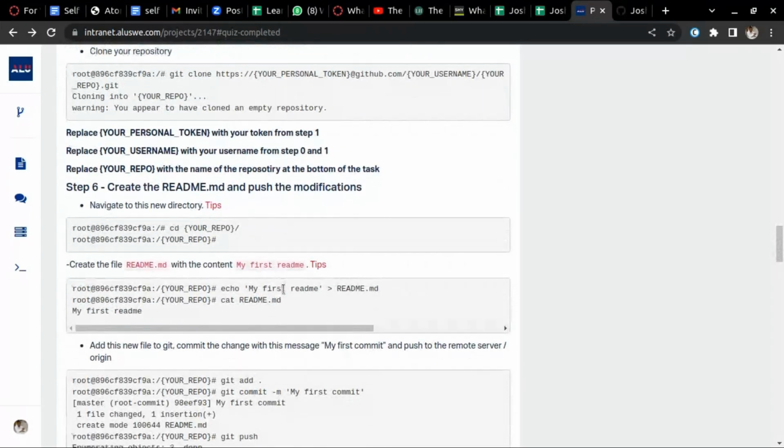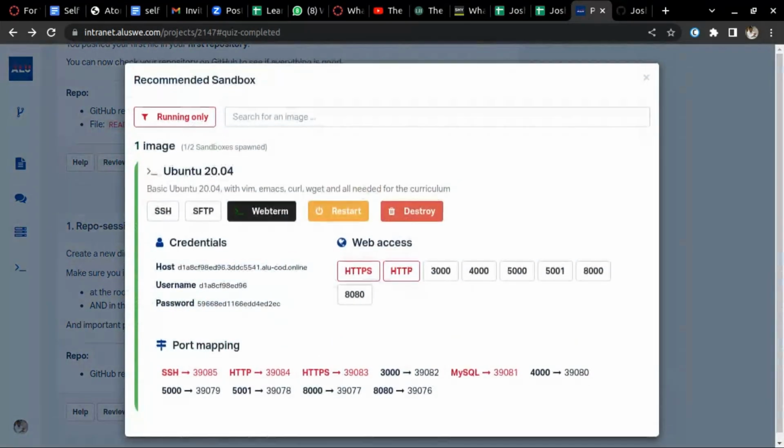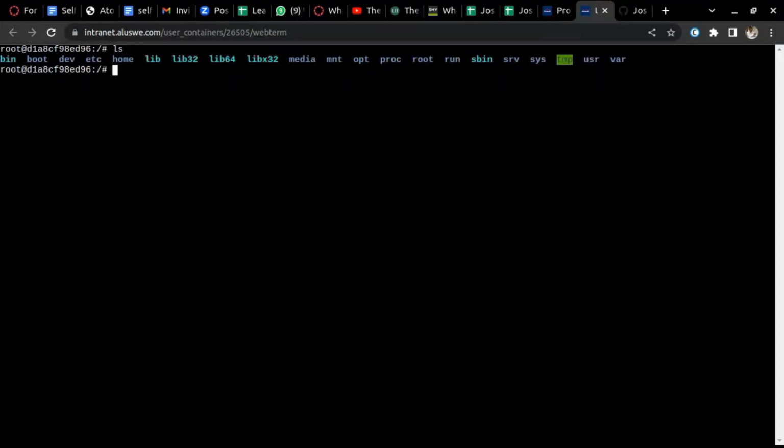So let me open my sandbox. Just go down and you see this review your work and get sandbox. Click on get sandbox. For tutorial sake, let me click on webtty. A webtty is just a virtual container that ALU has provided for all students, regardless of the computer you are using. I'm sorry if the commands I'm running, you don't know them. I have them on YouTube. You can check them out, or you can have a session on Linux commands as well. So I am going to cd into root